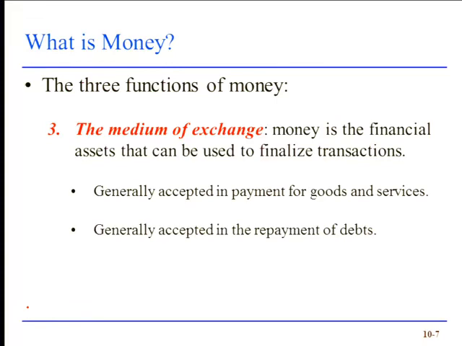There's a second way, however, in which we can facilitate transactions, and that is we can use our credit card, or maybe mom and dad's credit card. That would be great. So we use a credit card. But notice, even though the transaction has taken place, it is not finalized. How do we know it's not finalized? Because a week or 2 or 3 later, what happens? Bing, you've got mail, right? Either snail mail or electronic mail from your credit card company. And what do they want you to do? Send them real money, right? Credit is only a loan. It's not money. There's a distinction between the two.